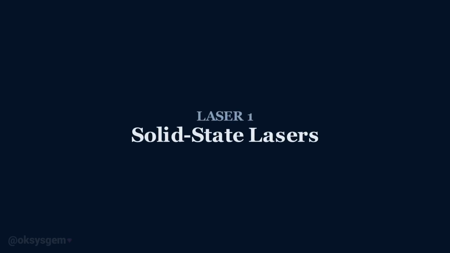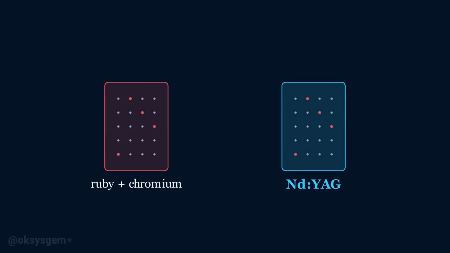Laser 1. Solid-state lasers. A solid-state laser produces light using atoms or ions embedded inside a solid material, usually a transparent crystal or glass. One of the earliest and most famous examples is the ruby laser, which uses a synthetic ruby crystal containing small amounts of chromium. Other solid-state lasers use materials such as neodymium-doped YAG, usually written as Nd:YAG, which has become extremely important in industry,